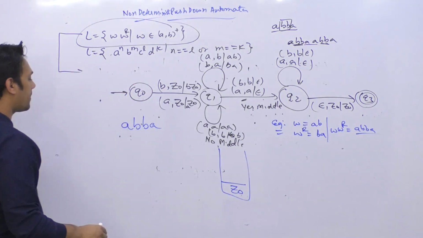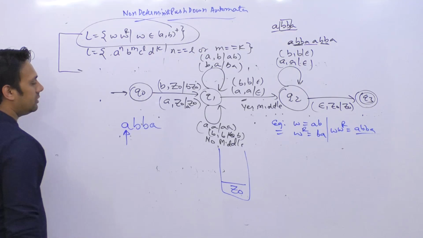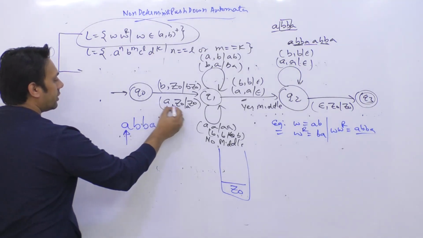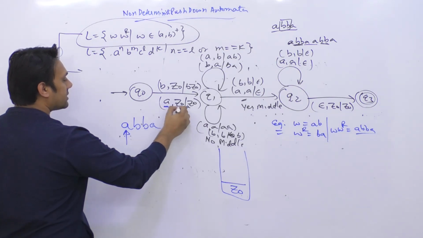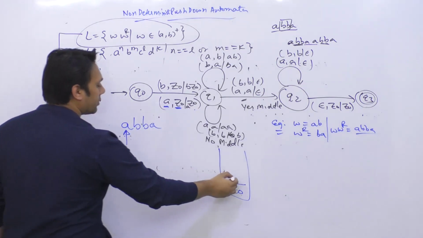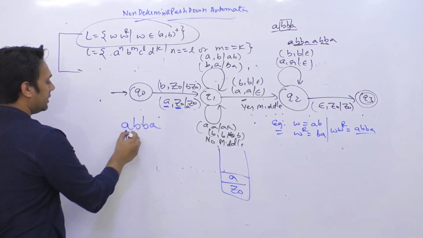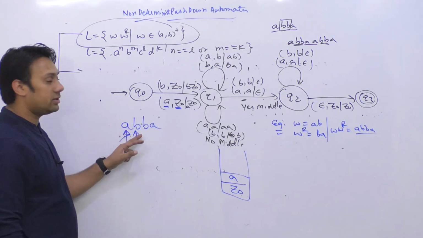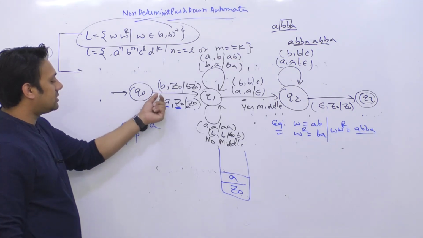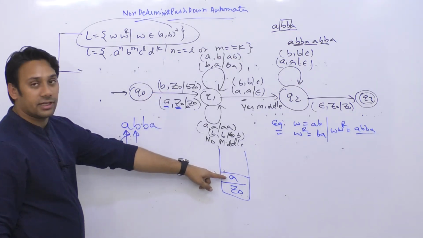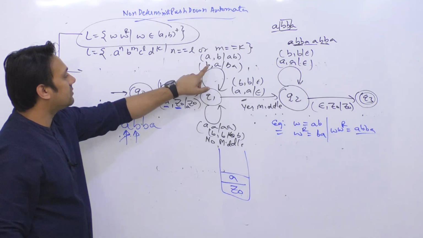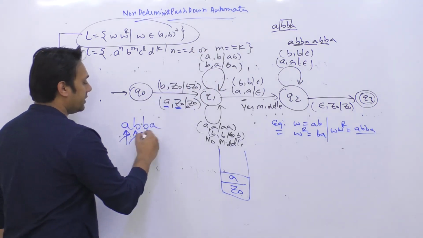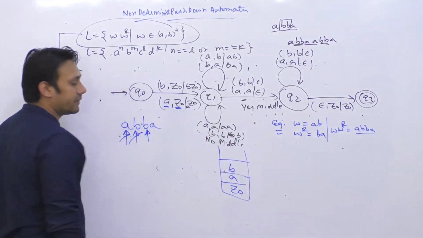Now what will happen is, we are going to read the first symbol, and currently the stack is having Z0. So we are going to say, if the first symbol is A and the stack is having Z0, just insert that symbol. So I'm going to insert A onto Z0 on the stack. Then I'm going to read the second symbol. Now the second symbol is B, right? And the stack is containing A. So because the second symbol is B and the stack is containing A, she is going to insert it. So this B will be inserted onto the stack.